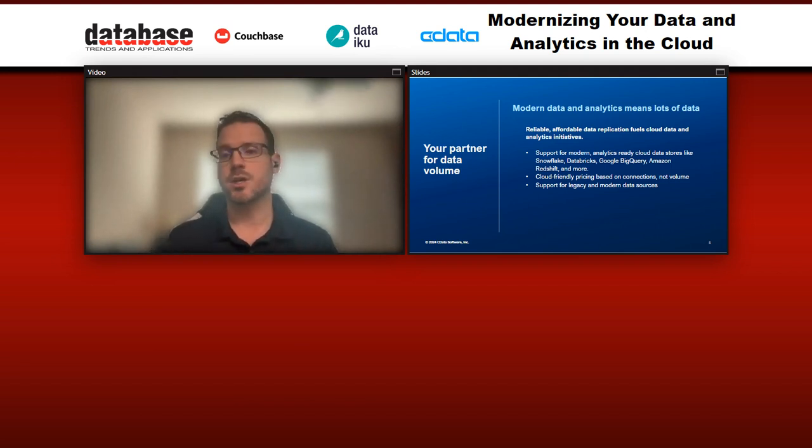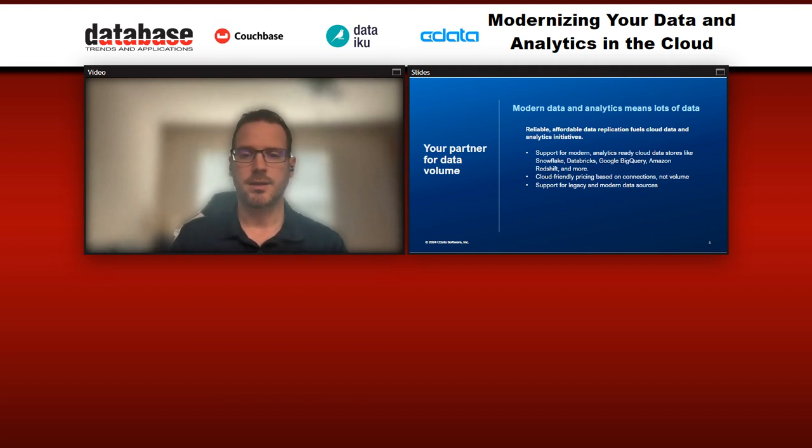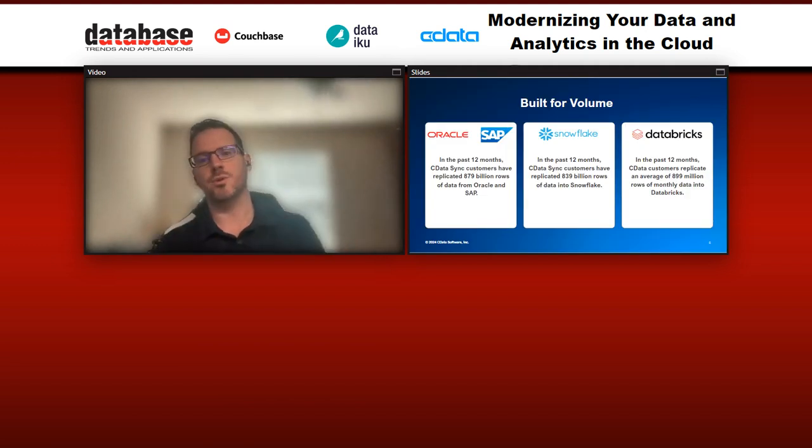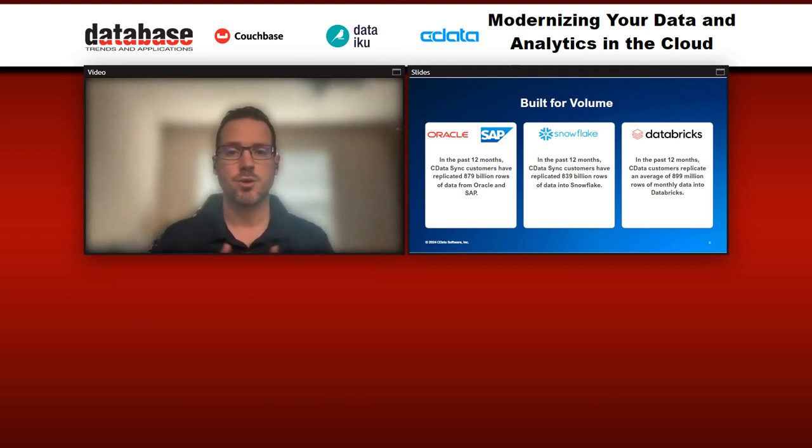And it's not just the cloud, but we also support those legacy systems. So as I talked about before, if you have legacy on-premises data, if you have legacy systems in other data ecosystems, other cloud platforms that you need to migrate from one to the other, we're going to be able to support you there.